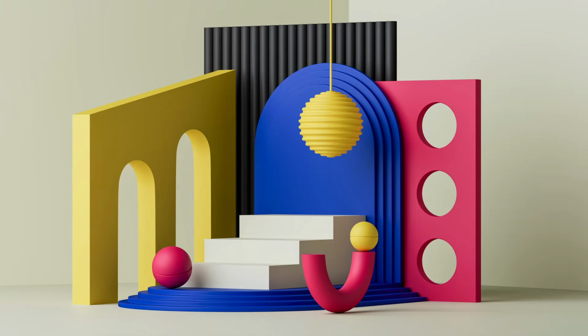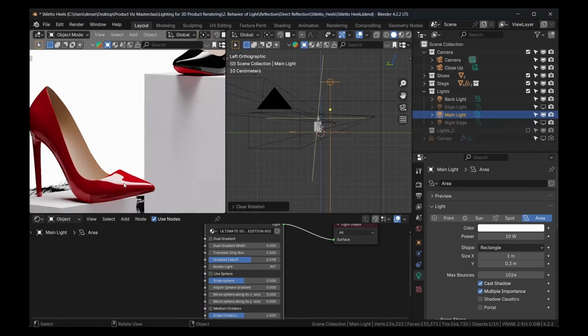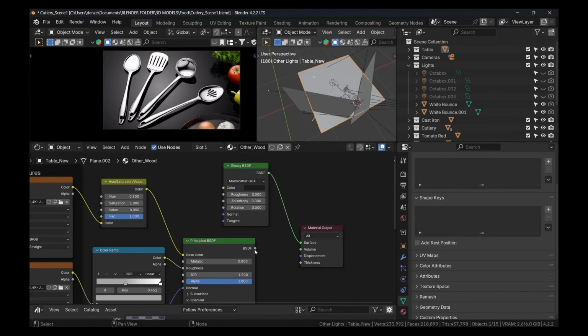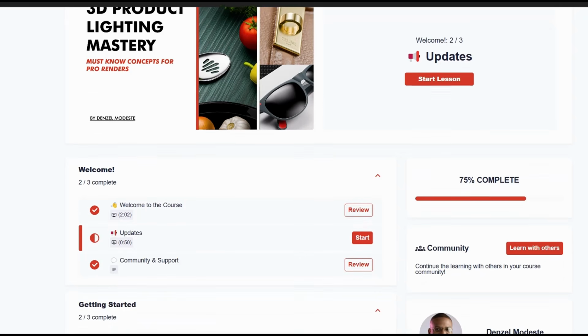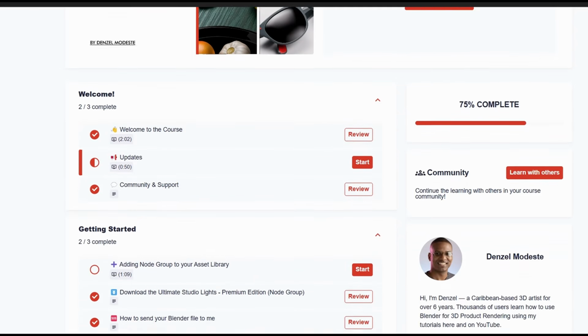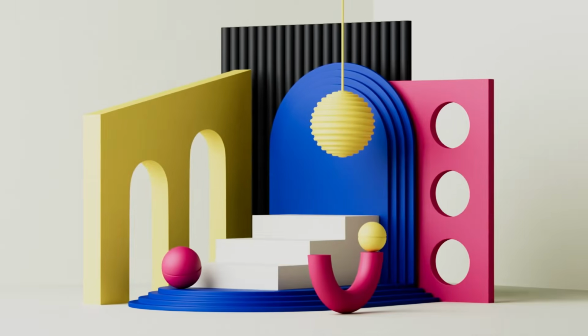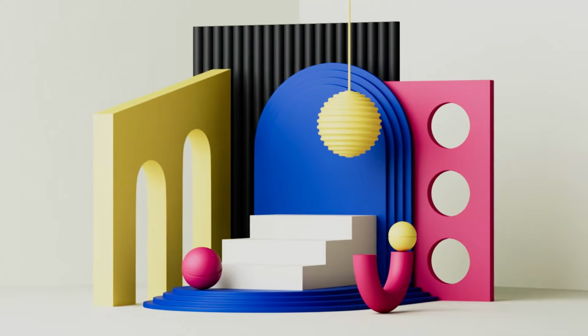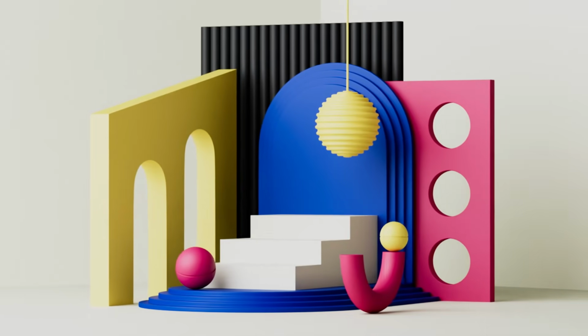For those who don't know, I specialize in realistic product rendering, and I teach this inside my training program, Deja Design Academy. So I know a thing or two about product rendering, alright? So if you're ready to start learning Blender and create something that you're truly proud of, let's get right into it